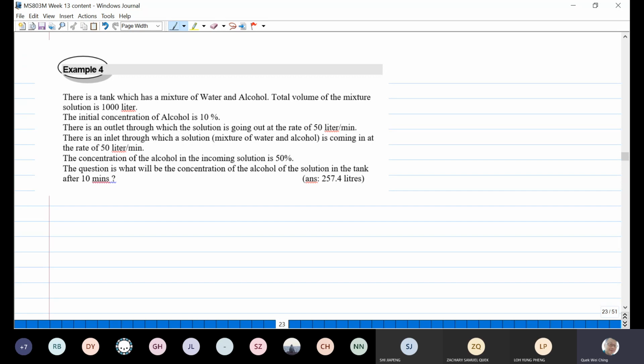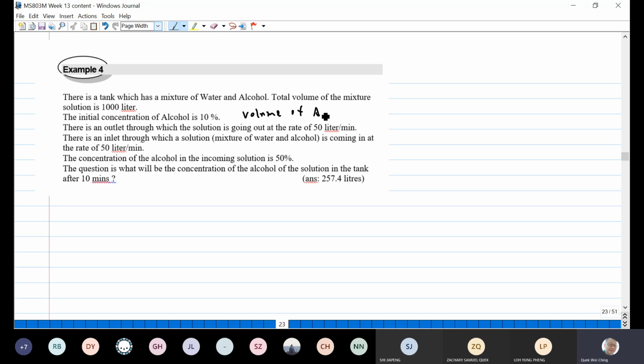So what does it mean now? Total there are 1000 liter. So out of 1000 liter, 10% is alcohol. That means alcohol how many liter now? That means the volume of alcohol is actually